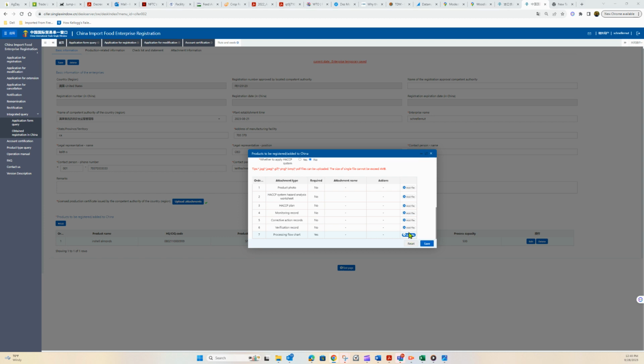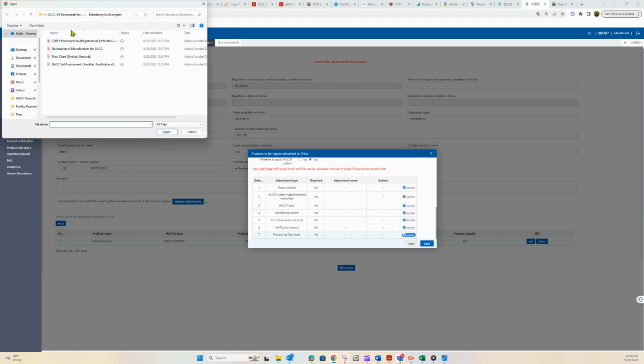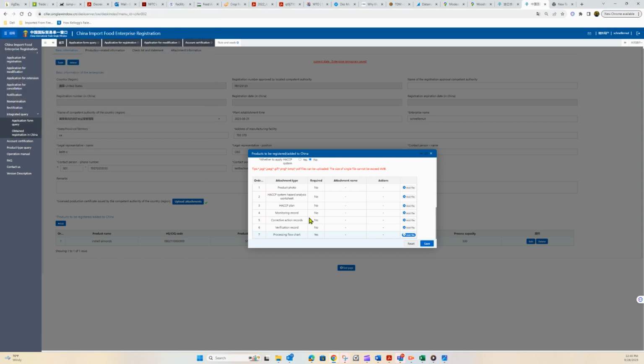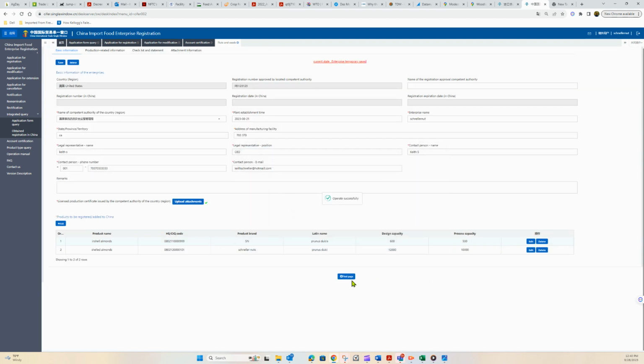So I've got my flow chart already saved in here. So I go to my GACC folder, and see that shows up in there. If you need to put something in there as a holder, you can't save this until you put something in there. So every once in a while we'll put in a different type of document just to hold it until the company can get the right processing flow chart to put in there. You can delete it and download it. You can add more if you want. But now we're going to go to the next page,